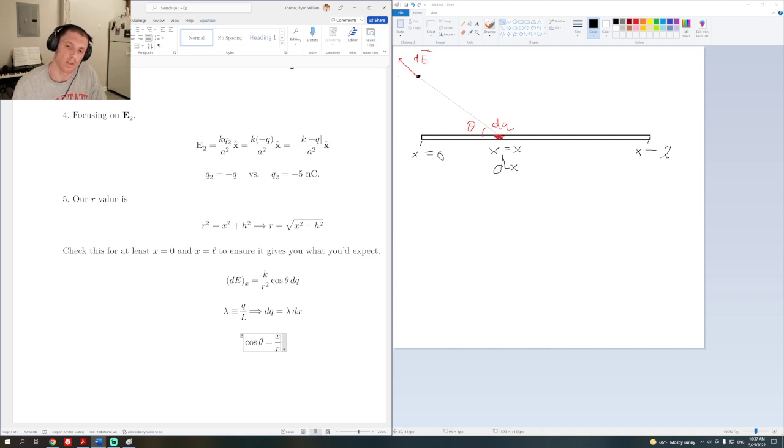Oh, there's something I wanted to say. Oh, yeah. So your limits of integration in this case would be x equals 0 to x equals L. You don't want to integrate beyond where there's charge, because that doesn't really make physical sense. And also, I think I've said this to at least a few of you, if I didn't say it in class at some point,